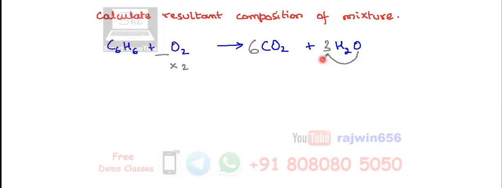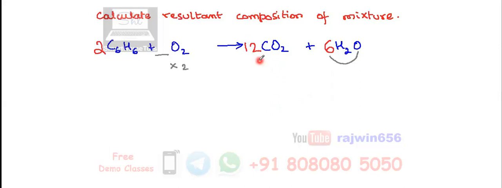This is what is called the odd-even rule. If it cannot be balanced, if an odd number is there, make that an even number. How do we make that even number? Multiply by 2. So this 3 is going to become 6. So I'm going to change this part into 6. If this is 6, 6 2s is 12 hydrogen, so this also 2 6 is 12. Carbon also is going to become 12. So this also I'm supposed to make 12.